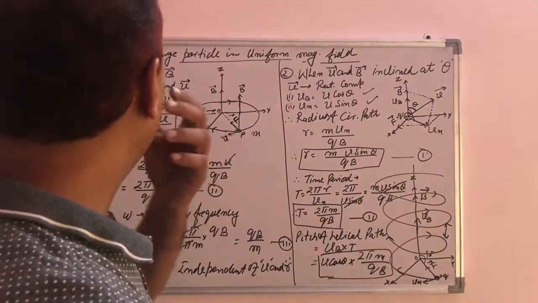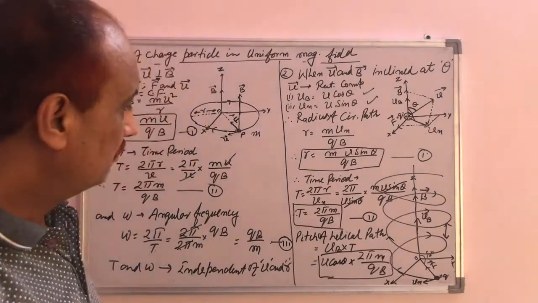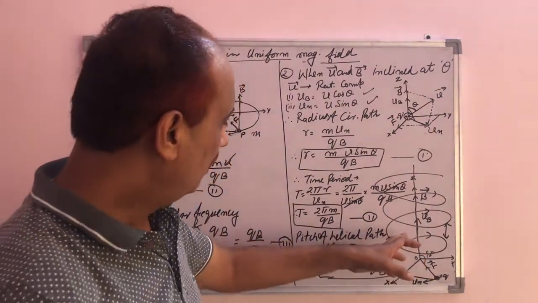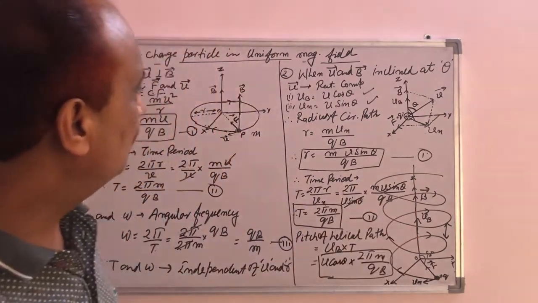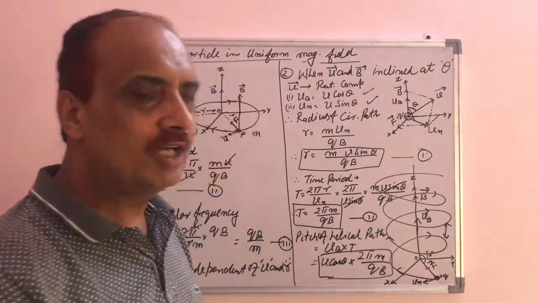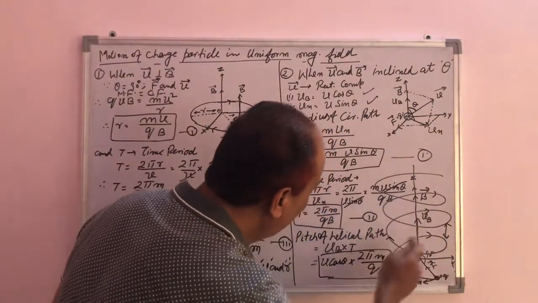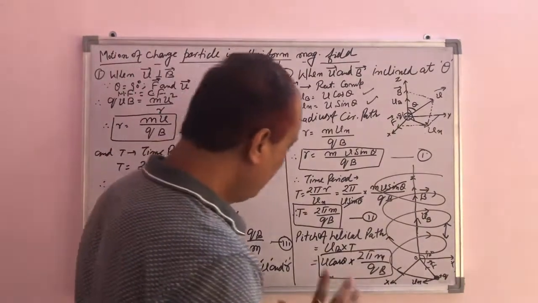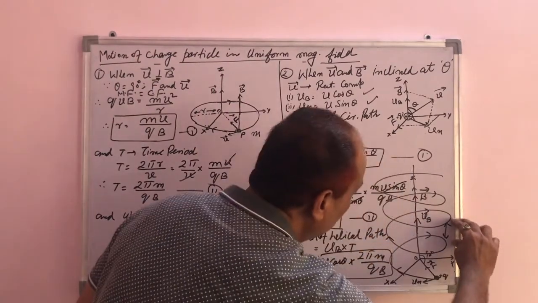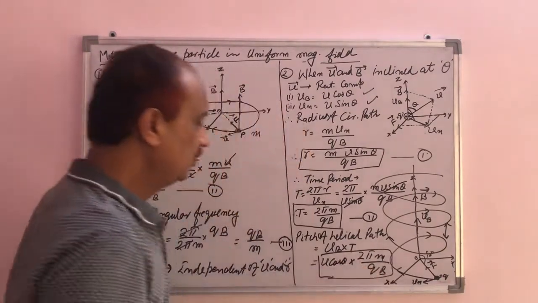So these are the two articles, and the article number 1 will be used in the next article, that is cyclotron. But the second one is most important from the examination point of view. It may be asked in the examination, when the V and B are inclined at angle theta, what will be the nature of the path acquired by the charged particle? So the nature of the path acquired by the charged particle will be the helical path. Okay, and you can find out what will be the distance between the two circular motions in that helical path, that is equal to V cos theta into 2 pi m upon qB.